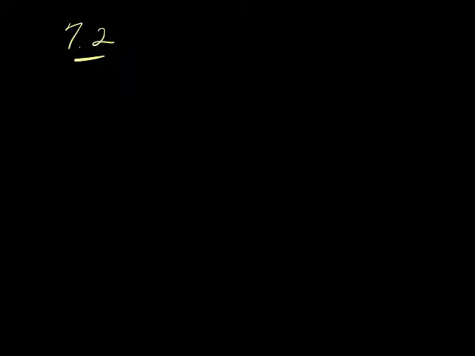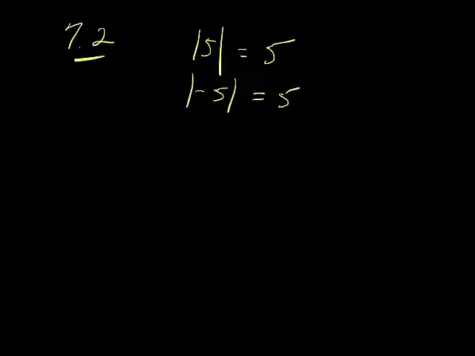Okay, so if you remember, absolute value, the signs are like this. Let's put a 5 here. The absolute value of 5 is 5, and the absolute value of negative 5 is 5. Because what absolute value is, is actually the distance from 0. So it doesn't matter if you go to the left of 0 on the number line in the negative direction, or whether you go to the right of 0 on the number line. So either way you go,